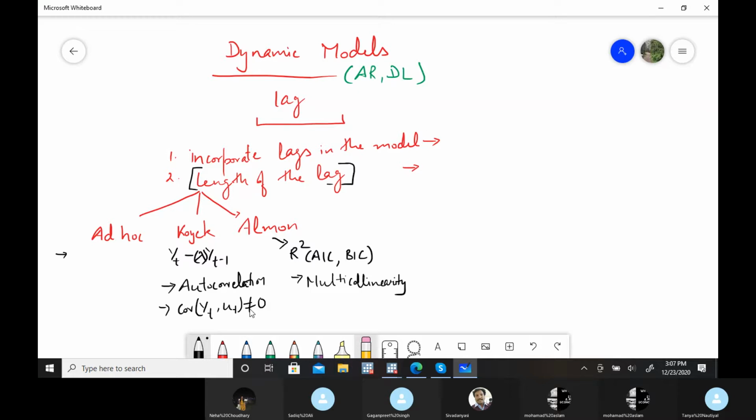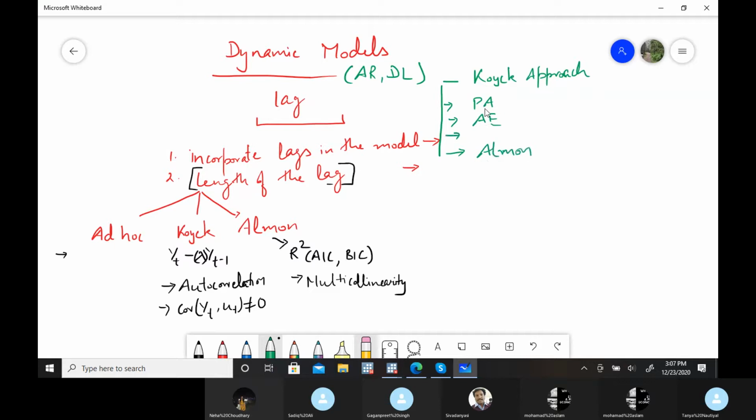Although we have discussed the Koyck approach, then there are the partial adjustment model, the adaptive expectation model, and then similarly there is the Almon approach.